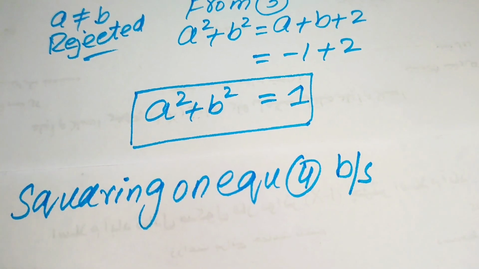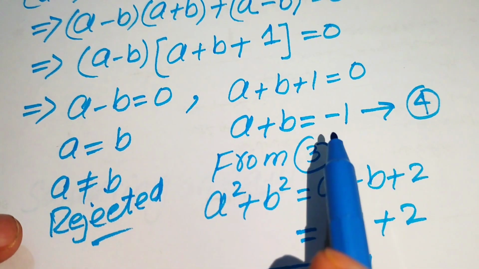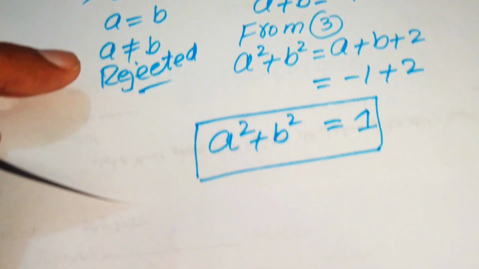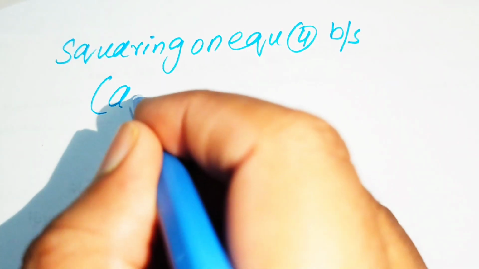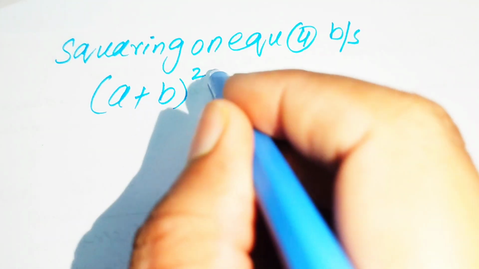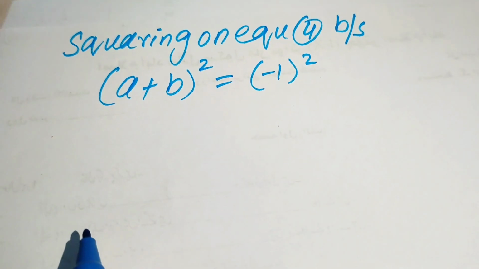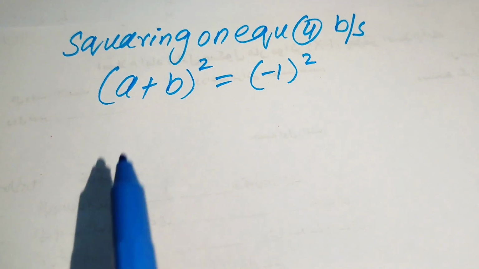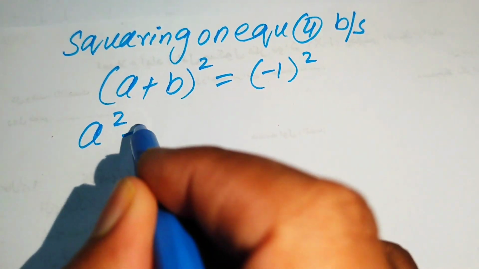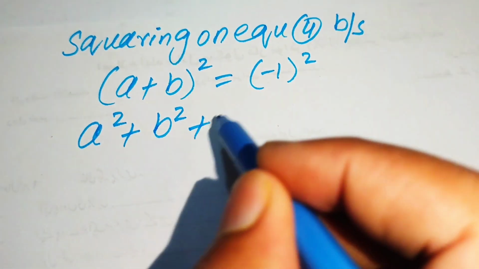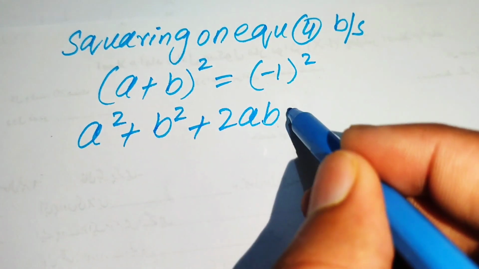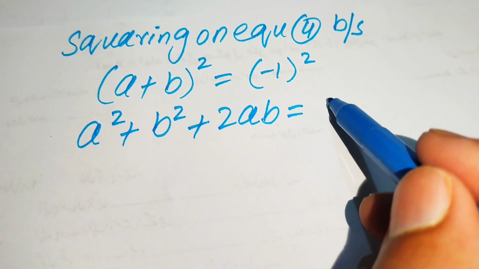So you see that this is our equation number 4, in which we have a plus b equals to minus 1, and we take the squaring on both of the sides, and it will be written as a plus b whole square equals to minus 1 square, and in the left hand side we use the square identity, and it will be written as a square plus b square plus 2 times of ab equals to minus 1 square